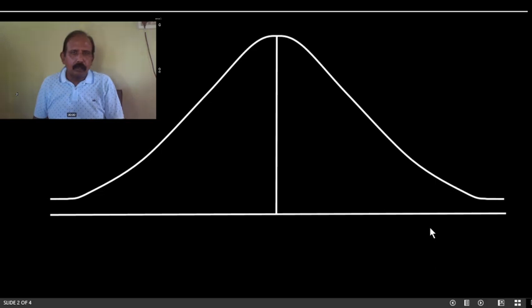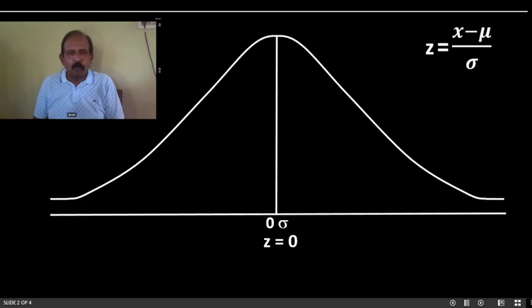In the normal probability curve, we know, friends, that the perpendicular line drawn from the top of the curve intersects the x-axis at 0 sigma. The point where these two lines intersect, we find 0 sigma. 0 sigma means z equals 0, and z, as shown on the upper right side of the screen, equals x minus mu upon sigma, where x is the observation, mu is the mean of that particular data set, and sigma is the standard deviation of that data set.